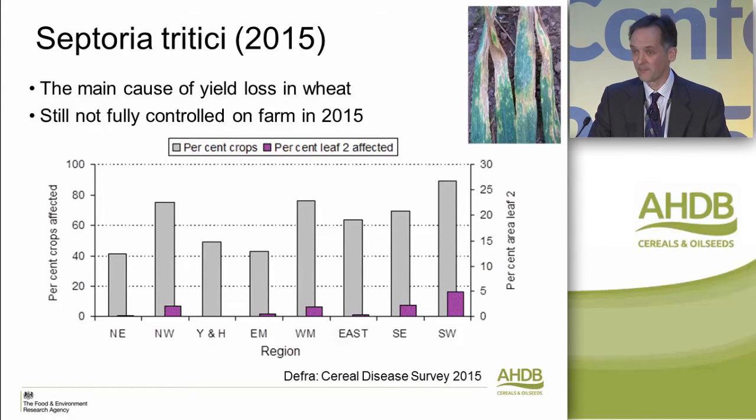Now, if they have that in mid to late June, that's an amount of disease that probably will have an impact on yield through July as the disease progresses. And certainly in the southwest, we had on average about 5% of leaf 2 affected. So we'd expect that to bulk up and potentially have quite a serious impact on yield. These are treated crops. This isn't untreated. This is what's actually being treated. So we've still, to my mind, got a job to do to make sure that we properly control disease in our wheat.